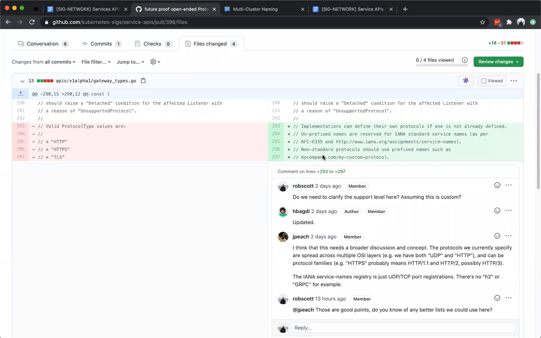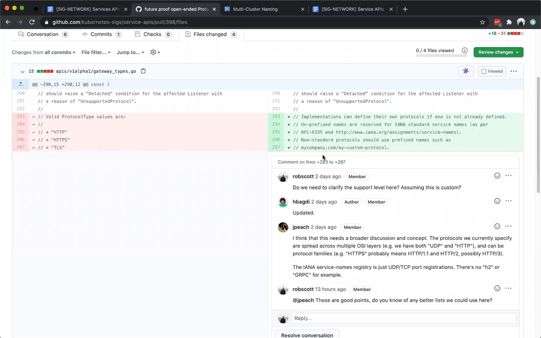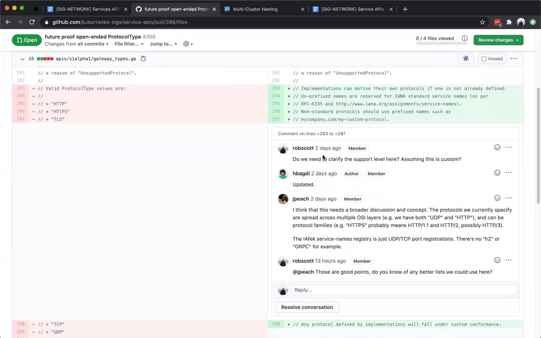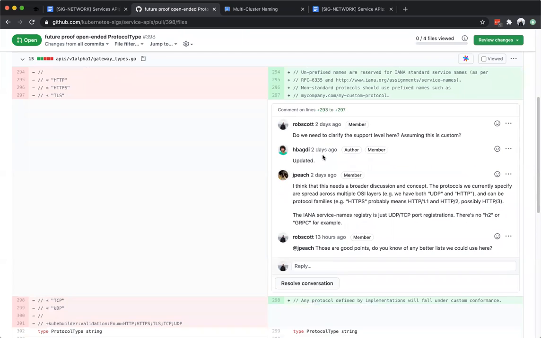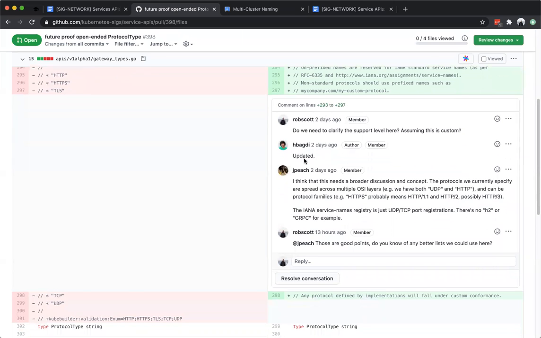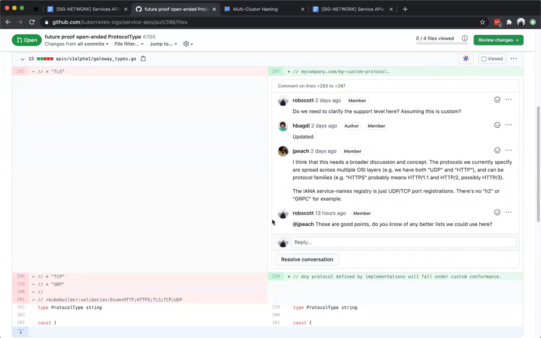The other thing this PR actually does is it removes the enum validation for the protocol. I think that we can put in this resource. This one, I don't know if people have thoughts about it. We can improve. This seems like having something is better than nothing.